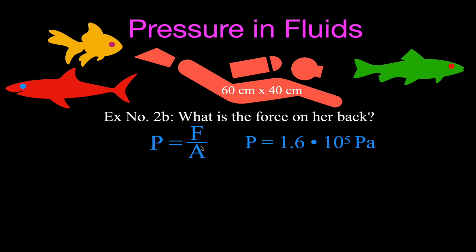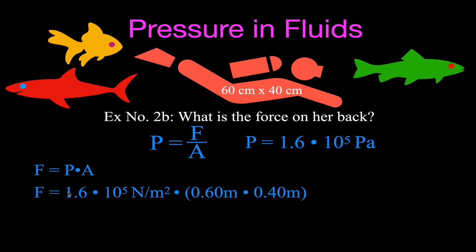So let's calculate the total force. So here is the pressure that we calculated, 1.6 times 10 to the 5 pascals. Excuse me, in the previous example, the previous page, I had 1.57, but we just rounded in this case. And then we're going to find the equation for the force. So the equation for the force is equal to the pressure times the area. And we're going to put the pressure in there at 1.6 times 10 to the 5. Now, I changed the unit from pascals to newtons per meter squared because you can see here, when we multiply that times the area, we can say your back is approximately 60 centimeters long and 40 centimeters wide. And you can see that that will cancel the meter squared with these meters squared over here. And you get that the force is actually